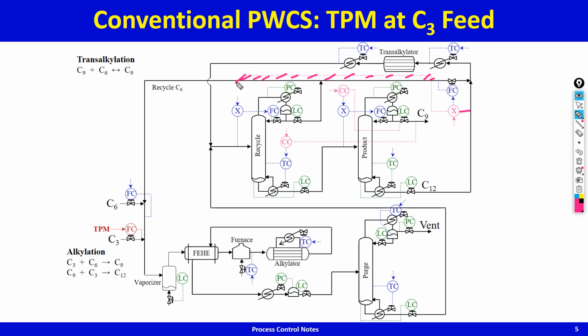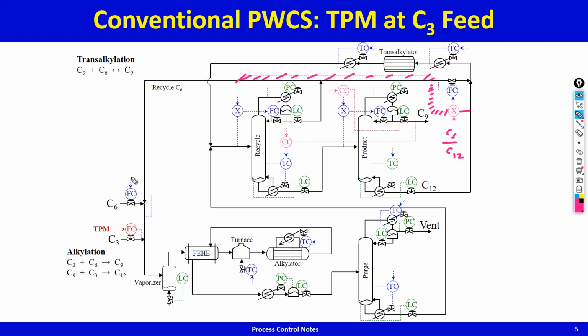So you take the flow of the DIPV, multiply it by the C6 to C12 ratio that you desire. This line should not be there. Okay, so you take this flow, multiply by that ratio that you want, and that ratio sets the benzene flow set point into the transalkylator. So this loop should not be there. I'm sorry for this mistake, but I hope the video clarifies it. In the PPT I'll correct it before sending it to you. Okay, so that's that.